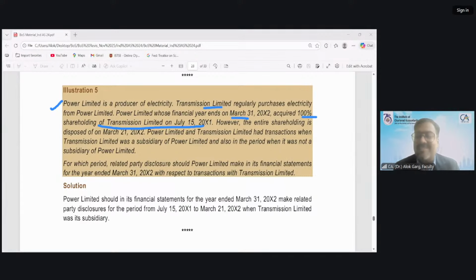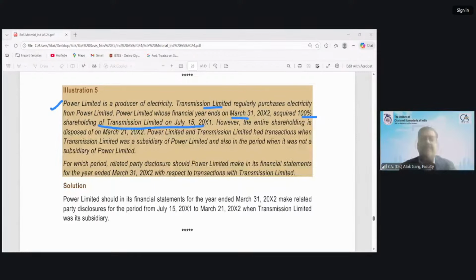So during the year, the stake was acquired and before the end of the year, the stake was disposed of. So Transmission was a subsidiary of Power from 15 July 2001 to 21st March 2002. Power Limited and Transmission Limited had transactions both when Transmission was a subsidiary of Power and also in the period when it was not a subsidiary. This means Transmission purchased electricity throughout the year from 1st April to 31st March. So they have transactions when the relationship was there and when the relationship was